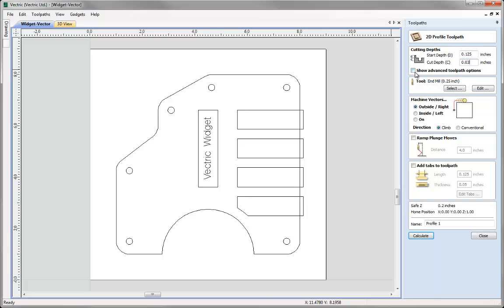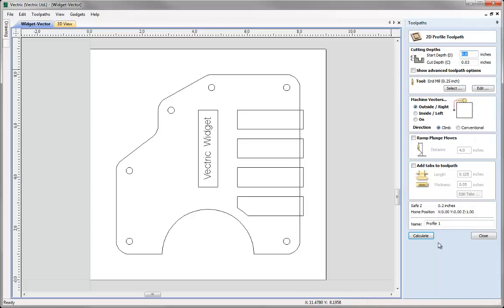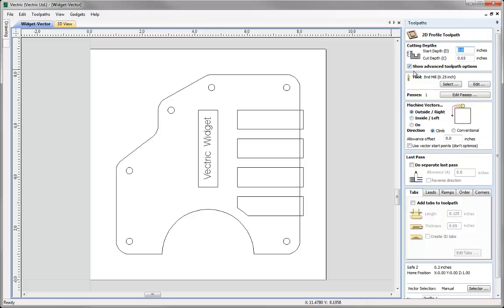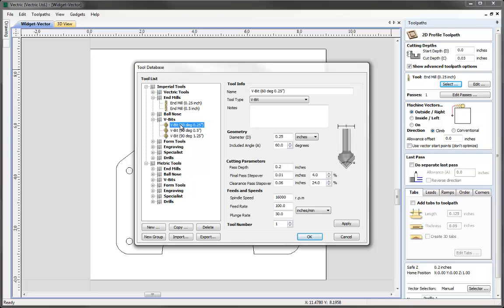Next, I'm going to show advanced toolpath options so that we can then have our vector selector. Otherwise, you'll notice that it's not actually available if we don't have that selected. And then we're going to move on to selecting our VBit tool. So let's open the tool database, go to the VBit section, and I'm going to choose a 60° 1/4 inch VBit. Now obviously if you are running this, make sure these are all correct for your machine,